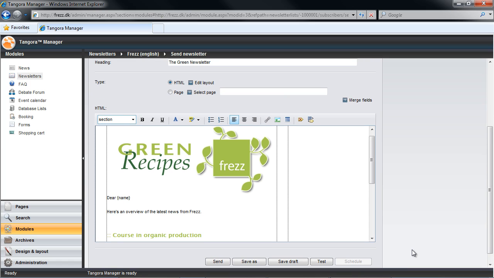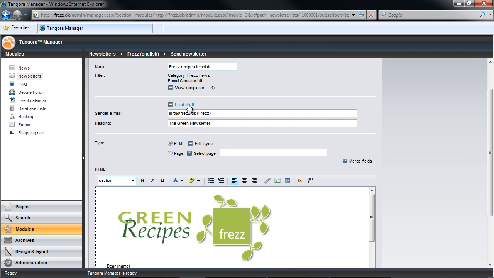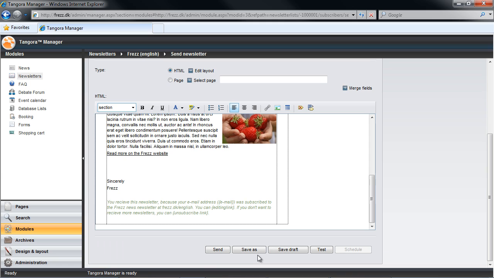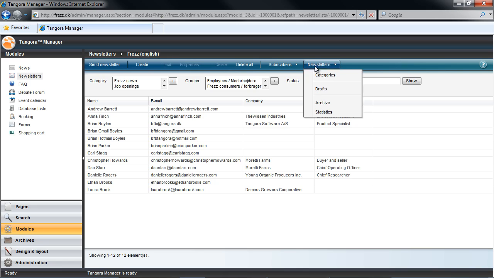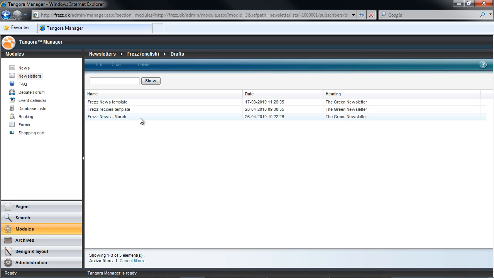Because I've just made a copy of an existing draft, it wouldn't be relevant here to do a save as. But note that the same result can be achieved by loading a draft and doing a save as. But for now, I'll just choose Save Draft, and if I were to navigate away from the draft and back into the drafts folder, then I can see that the draft is indeed available to us.